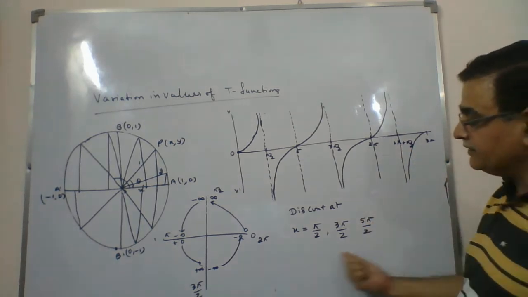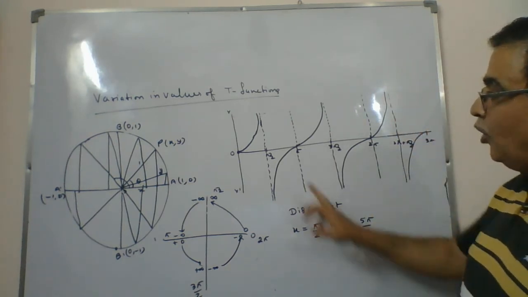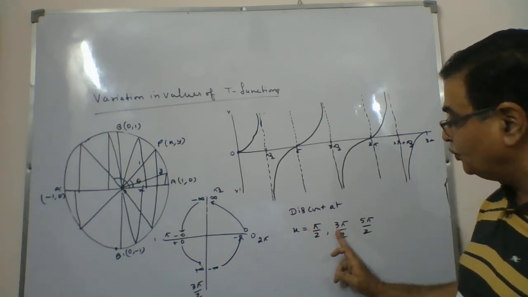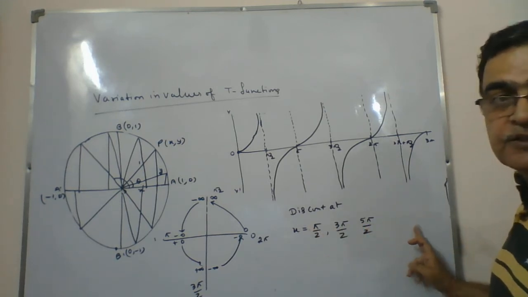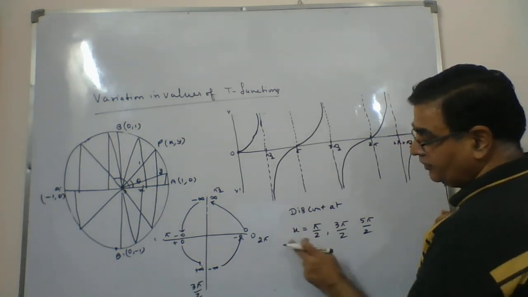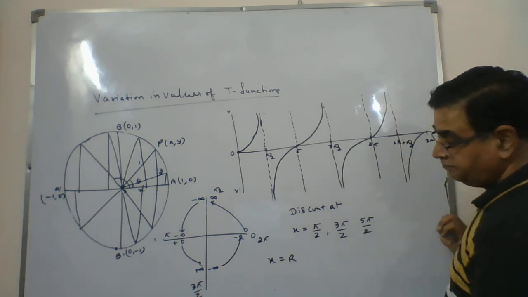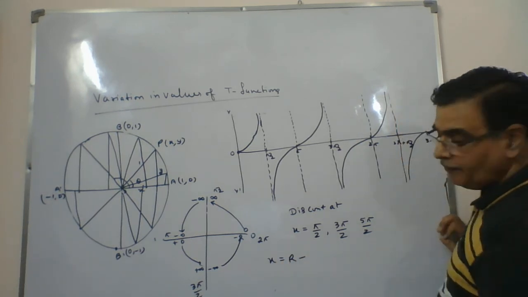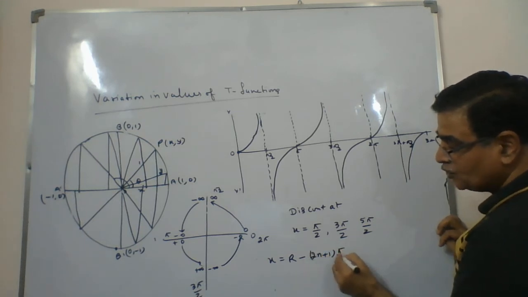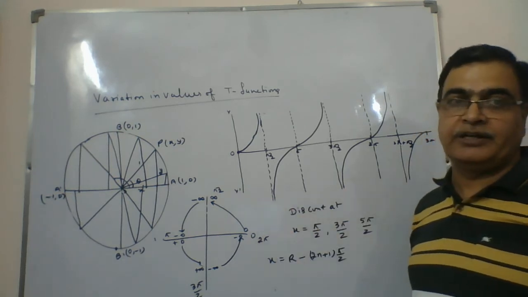So we will say, yes, this will be a discontinuous curve, not a continuous one. At what? All odd multiples of pi by 2: pi by 2, 3 pi by 2, 5 pi by 2, it is discontinuous. So x will be what in this case? x will be all the real numbers minus what value you cannot take? 2n plus 1 times pi by 2. All odd multiples of pi by 2, this function is not defined.